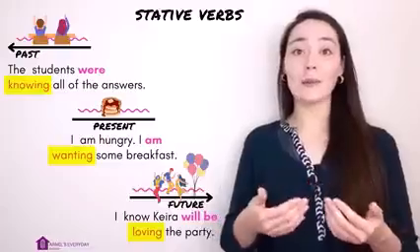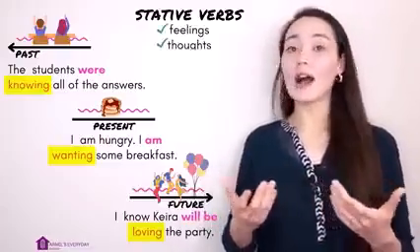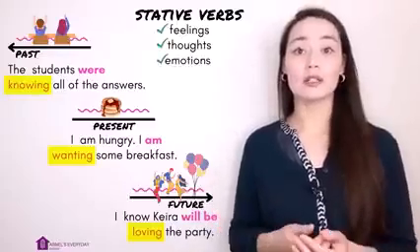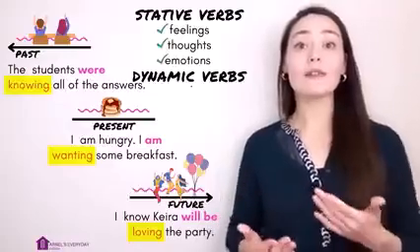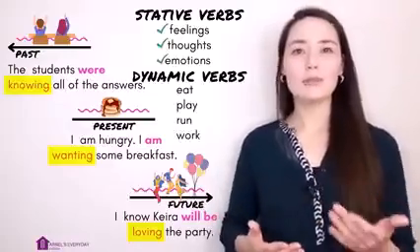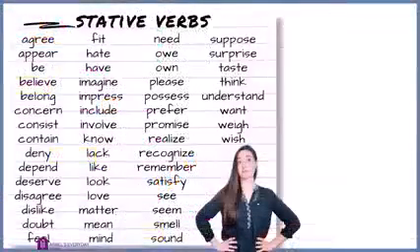Stative verbs describe states. These can be our feelings, our thoughts, and our emotions. They are the opposite of dynamic verbs. Dynamic verbs like eat, play, run, work. Let's take a look at a list of stative verbs. You can see want,